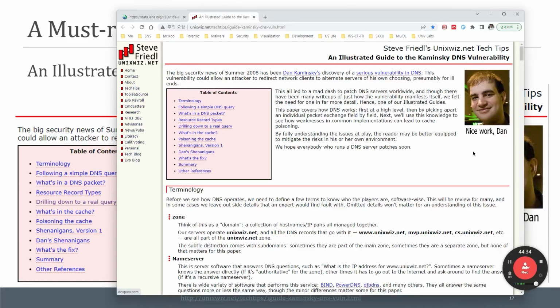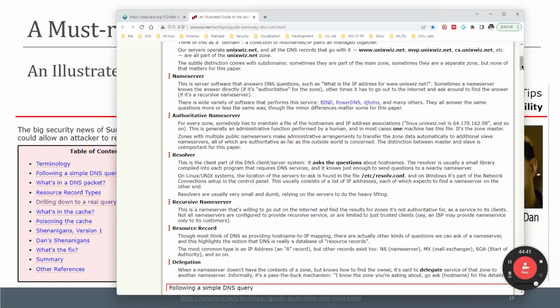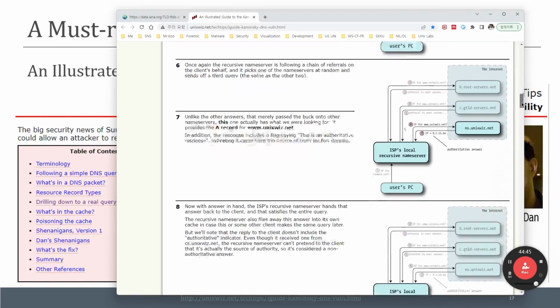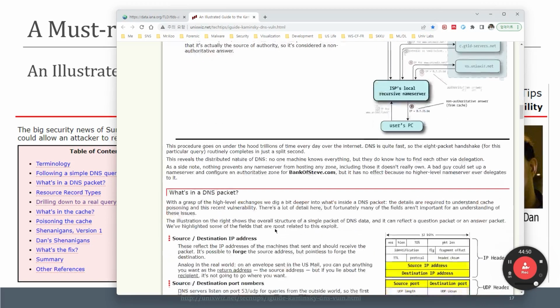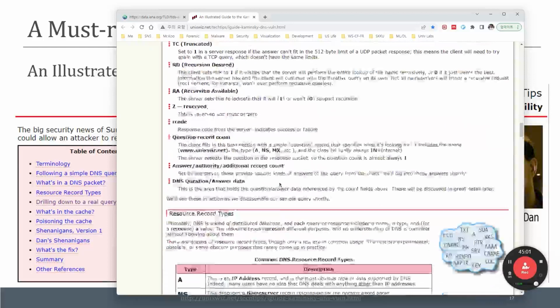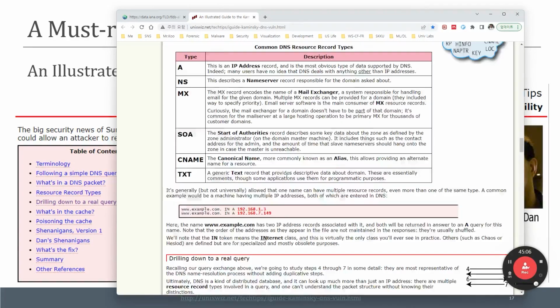And this is Dan Kaminsky. And I think this posting very well explained how this attack works. It explains DNS packets very well, how this attack works, and what the resource record types are, something like that.